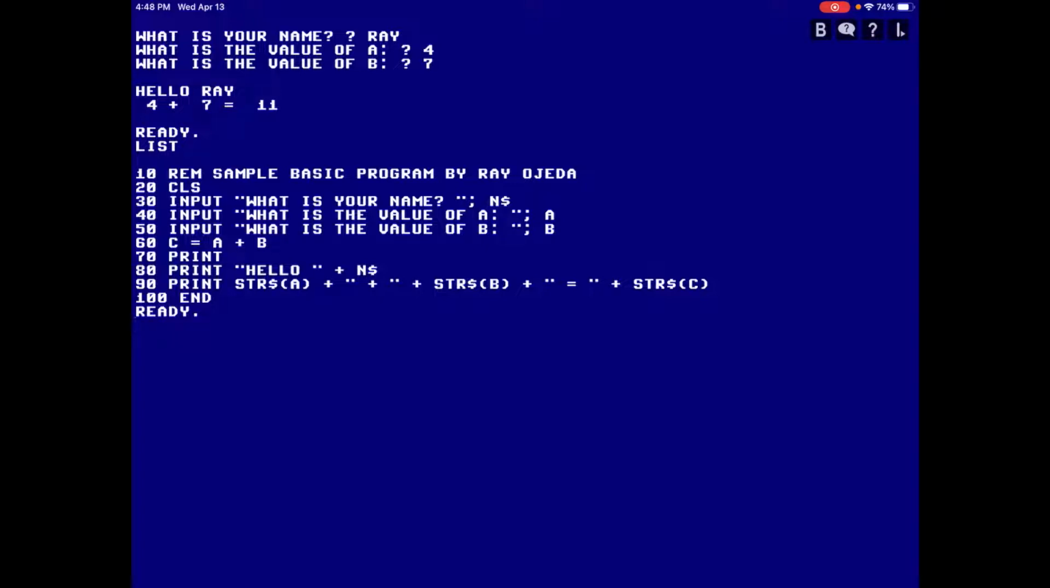Next, I'm going to show you what I use for Pascal. All right, so now we're going to be doing a Pascal program. It's going to be equivalent to the program in Commodore 64 Basic. I'm going to do the same thing. I'm going to ask for a name, and I'm going to ask for 2 numbers, and I'm going to add them up. It's going to be a very simple Pascal program, but I am doing this on an iPad Air